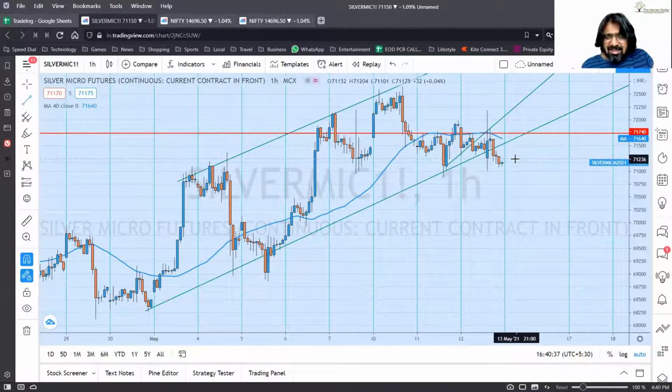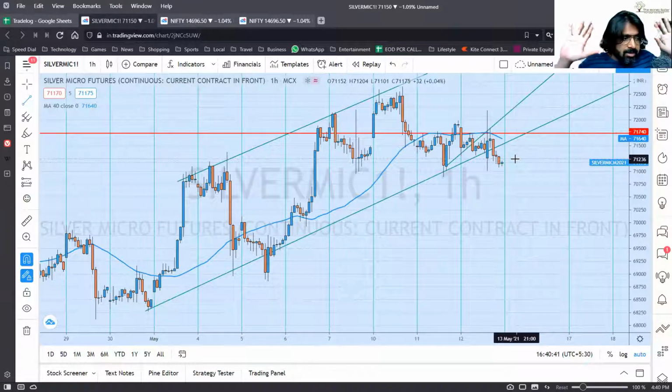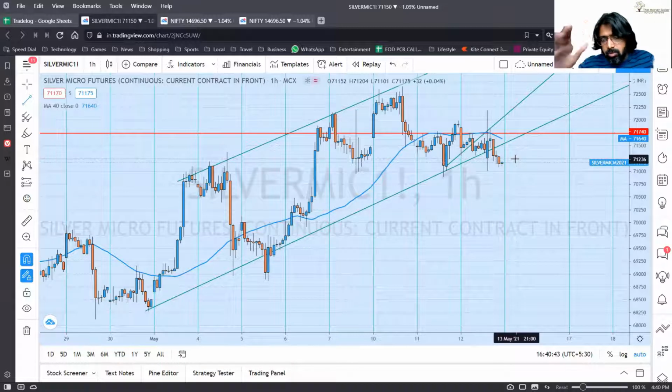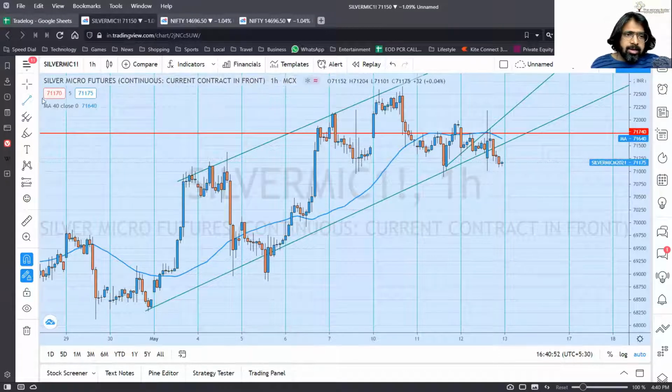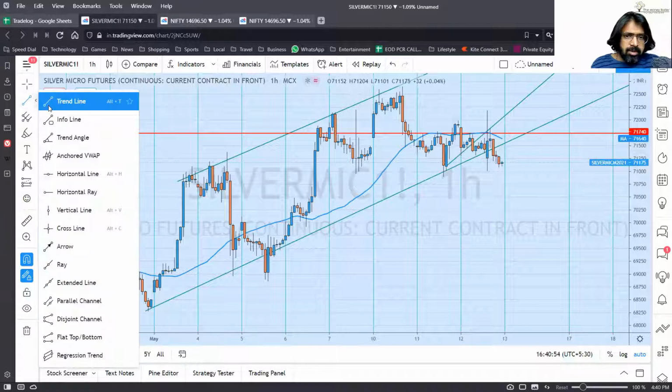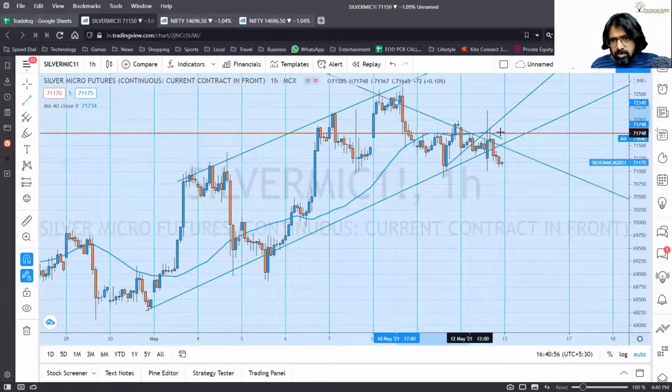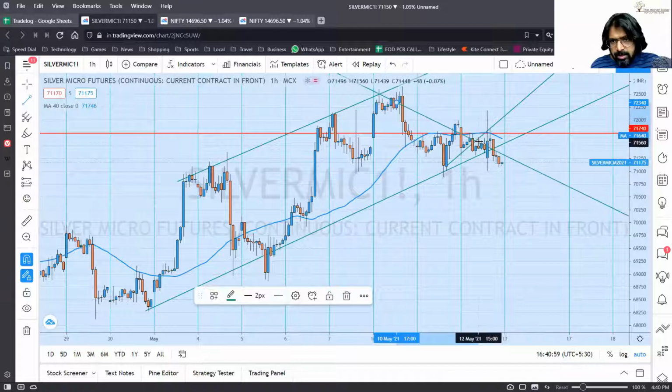So this is the current silver chart, guys. I'm not soliciting a trade here. I'm not telling you to go make this trade, because we are learning out here. I'm not here to give any kind of advice, but this is probably what is going to happen in the silver chart, and we can also probably draw this line for our future reference.